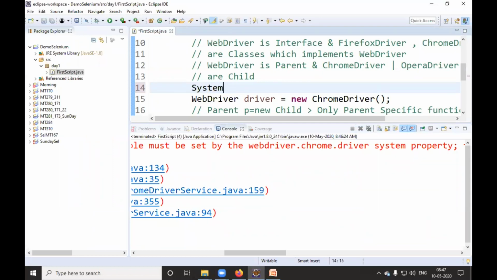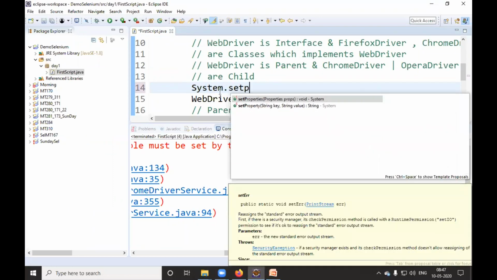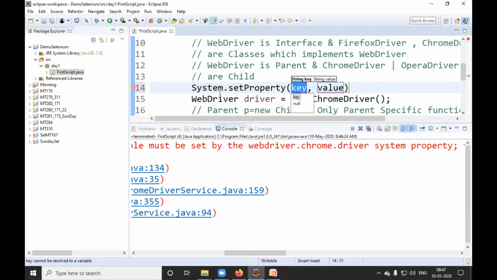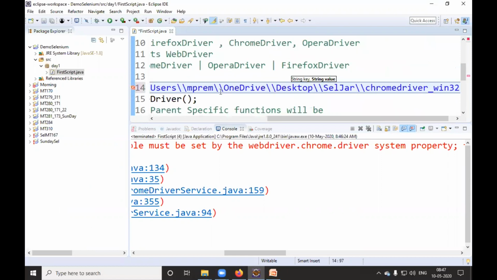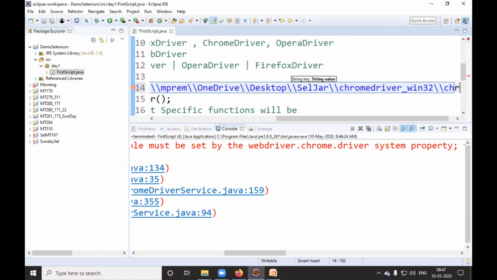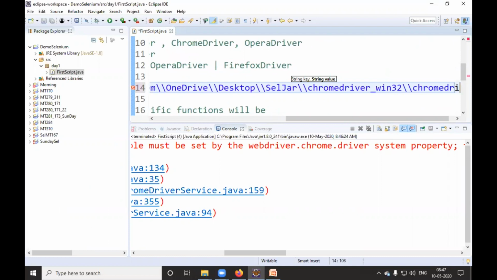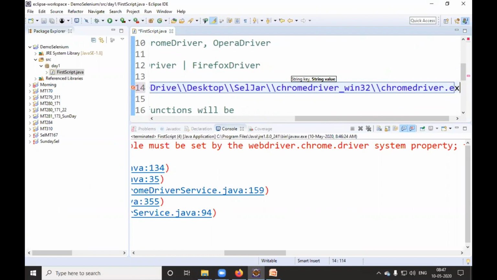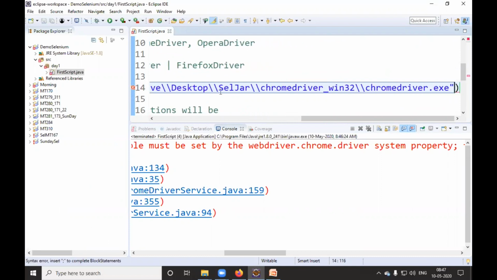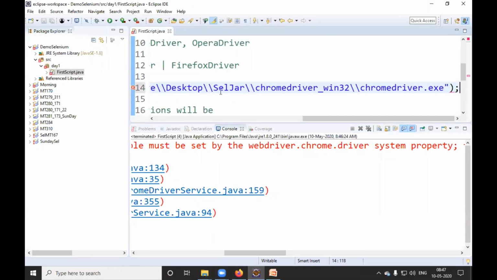You need to write System dot set property with a key and a value. In the value, you paste the path, ending with chromedriver.exe. In the case of Linux, you don't have to write .exe, make sure.